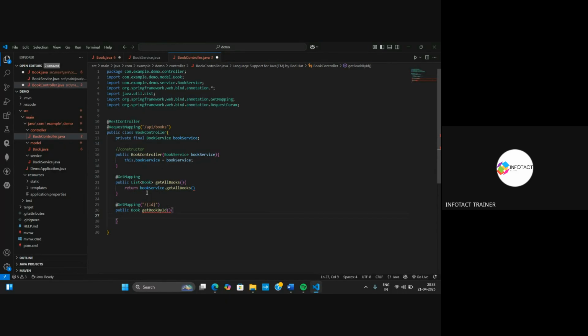Inside this, I'll write return bookService.getBookById. And then I'll make a PostMapping